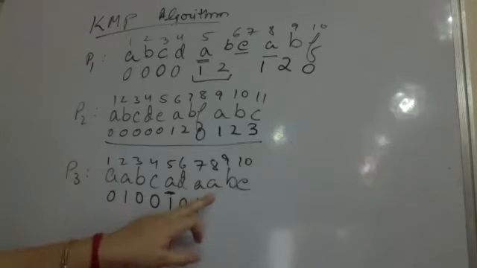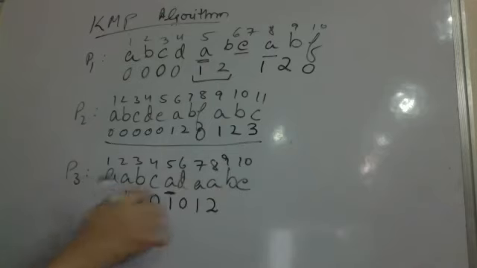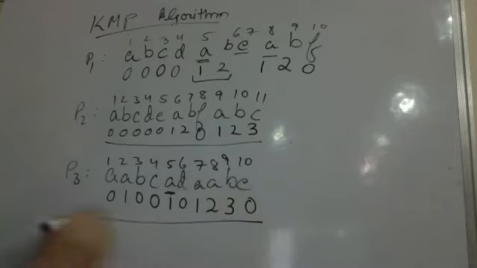Now when I am writing for this A, after A there is A. After A, A is existing earlier also. That means this becomes 2. Again, I have a B. B has come earlier also. This becomes a 3. And E is coming for the first time. This is 0. So this is what the pi table for the current example of my pattern is. Are you all understanding what I'm trying to say? How am I creating this pi table?